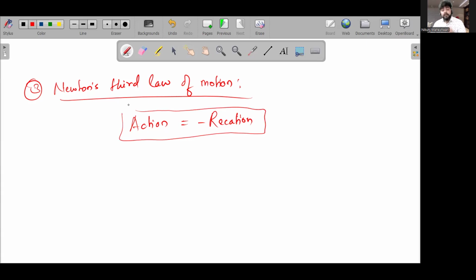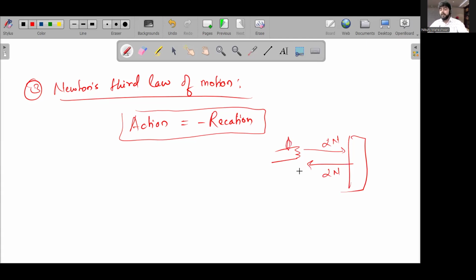Sir, matlab, that means when you punch a wall, you get hurt. Isn't it strange? You are punching the wall, so the wall should get hurt. Why are you getting hurt? That is because when you apply a force on the wall, according to Newton's third law, the wall is gonna apply a force back on you, right? And that force will be equal in magnitude. That means agar aap 2 Newton lagaoge, it's gonna apply 2 Newton back. Isliye when the harder you hit the wall, the more you get hurt, right? Because the wall will apply an equal and opposite force back on you, right? So that is Newton's third law.